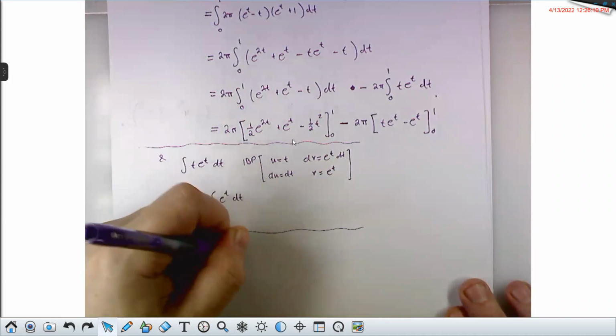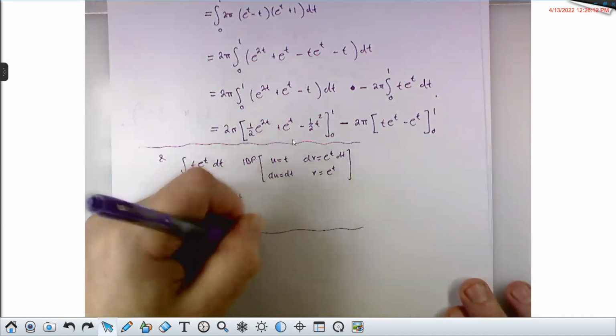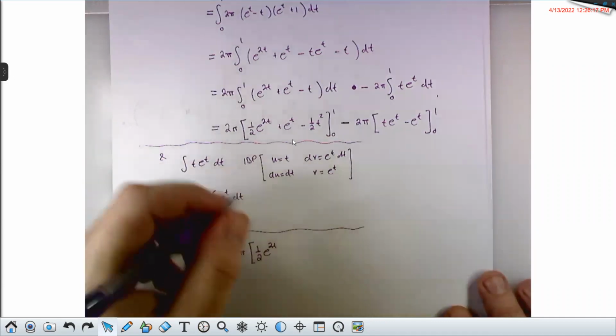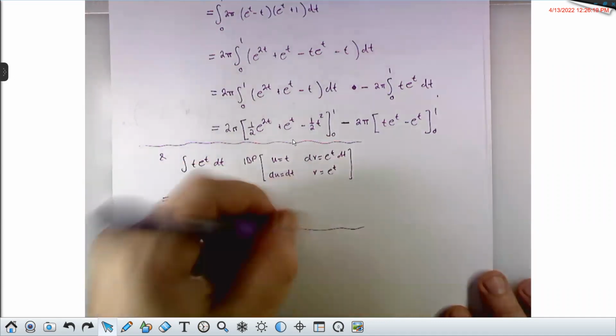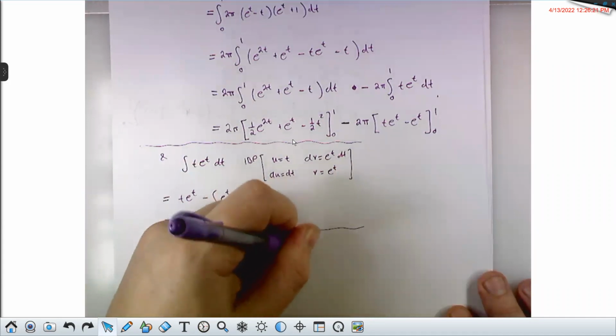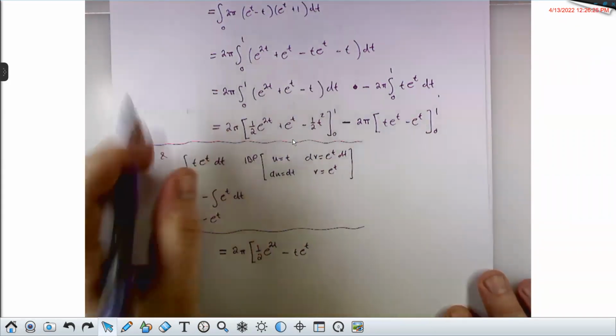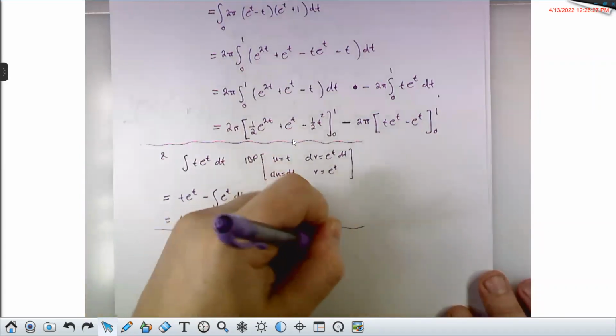So that's going to be 2 pi times 1/2 e to the 2t minus t e to the t minus 1/2 t squared